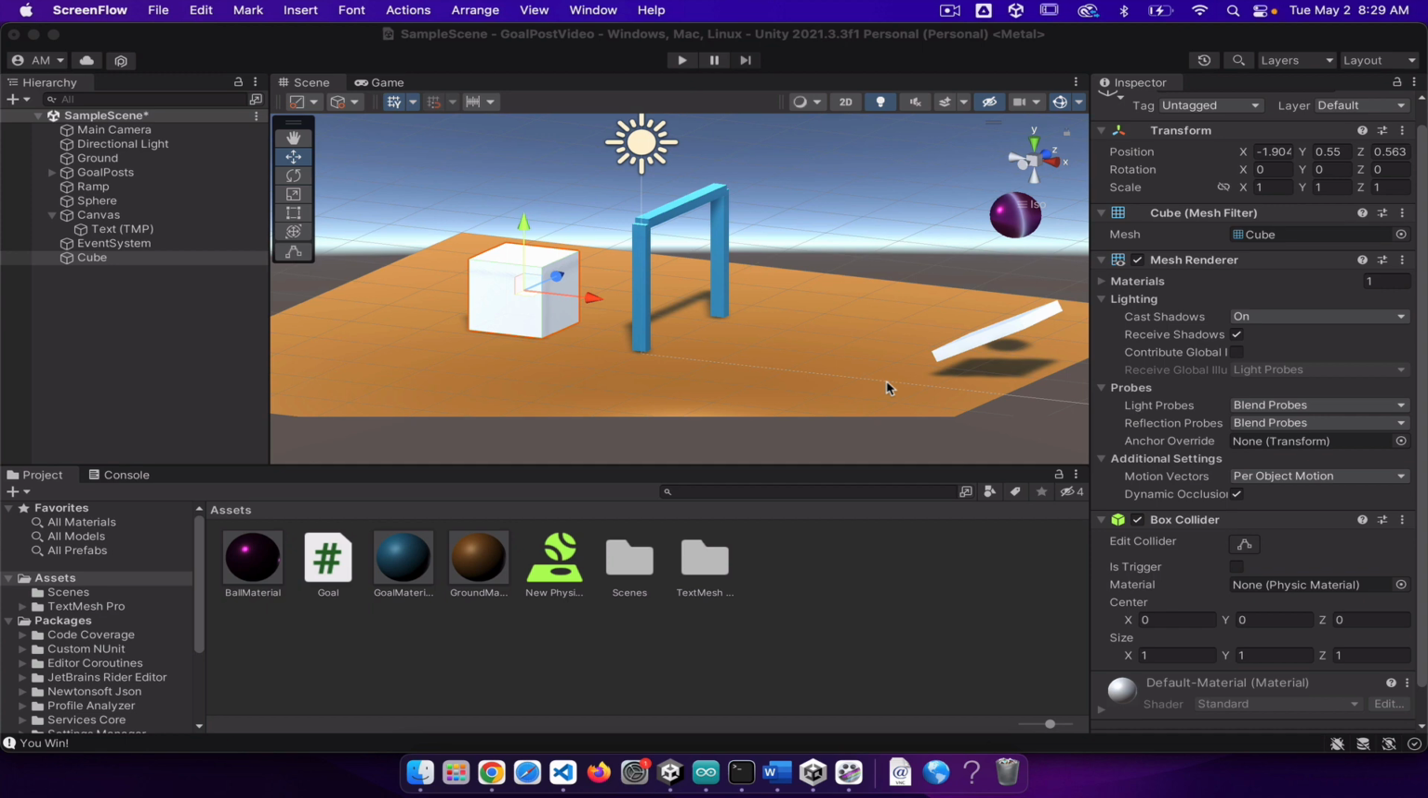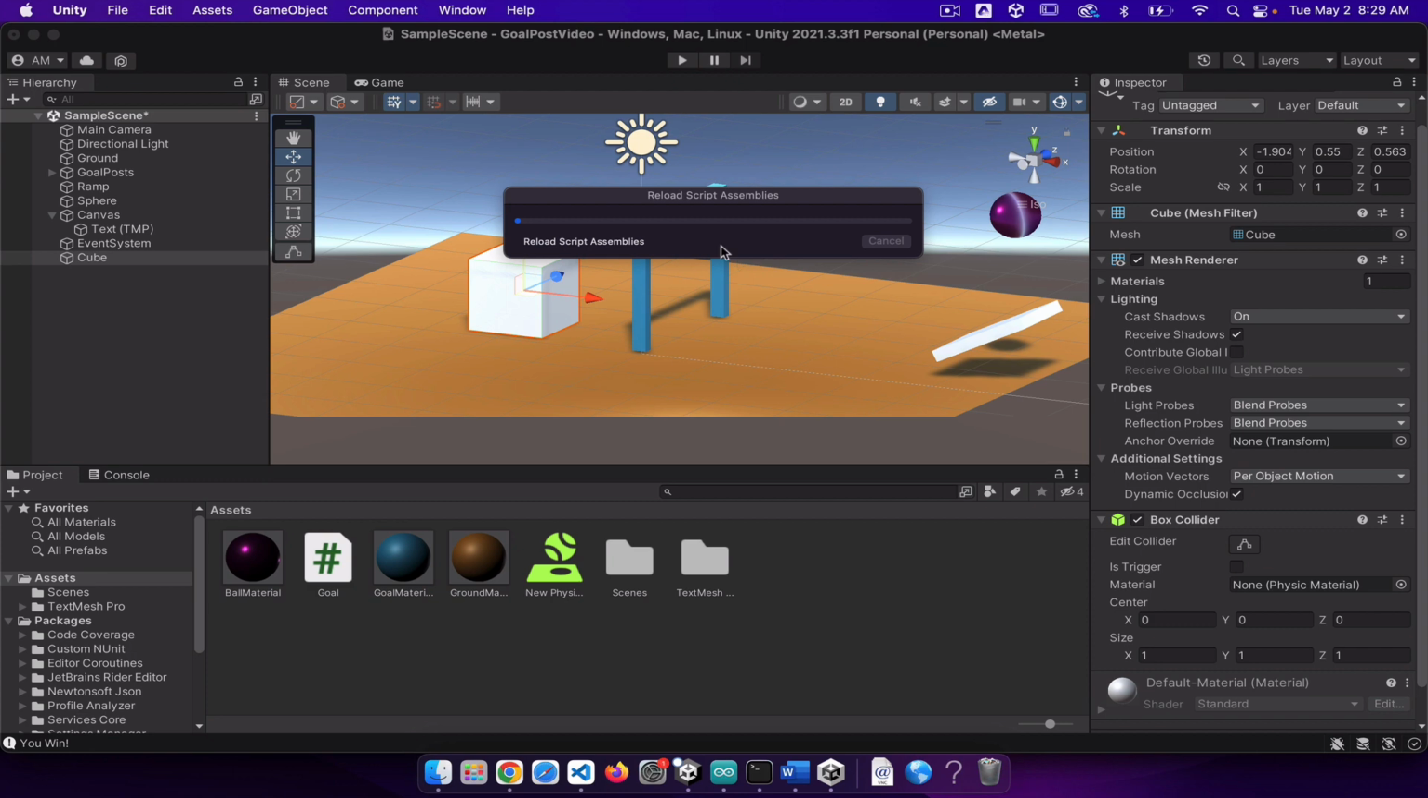Hi everybody. Today I'm going to walk through very quickly how to bring in the first person from the starter assets to add that into the game. I've got here the goalpost demo. There's a video that walks through how to create this. Right now all that happens is we press play